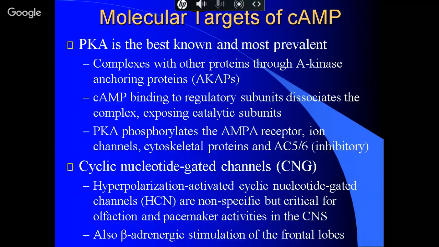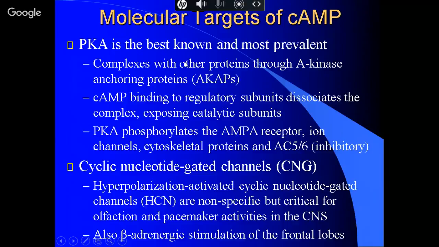So you make the cyclic AMP, and you increase the cyclic AMP concentration in the cytoplasm. Then what? All right, well, then most of the time you're either going to activate protein kinase A, or you're going to interact directly with these cyclic nucleotide gated channels. All right. The easiest one to think about is protein kinase A. It encounters cyclic AMP, and in a mechanism that we'll look at,